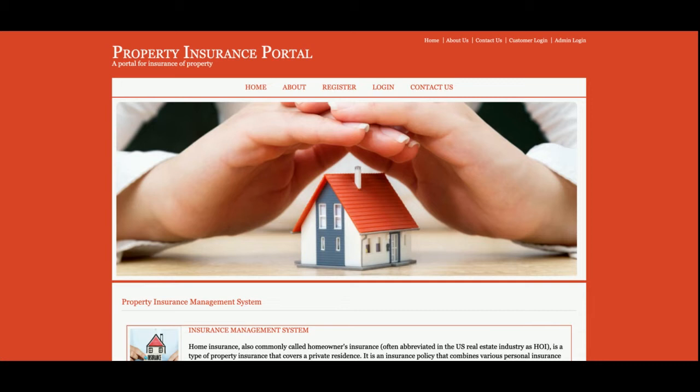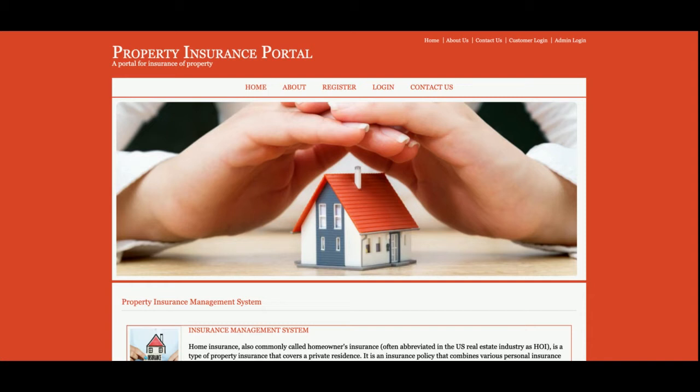For front-end development, I have used HTML, CSS, and JavaScript. Some jQuery libraries I have also used, like form validations, creating sliders, and integration of date calendar plugins. I have used jQuery plugins, right? So these are all the technologies I have used for developing this project. Let's start with the functionality walkthrough.